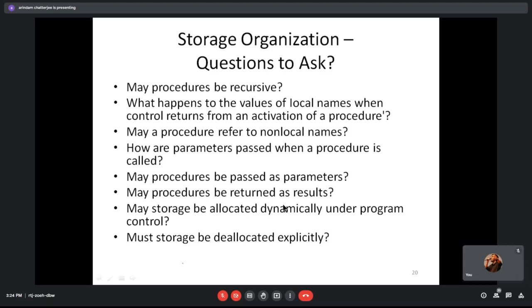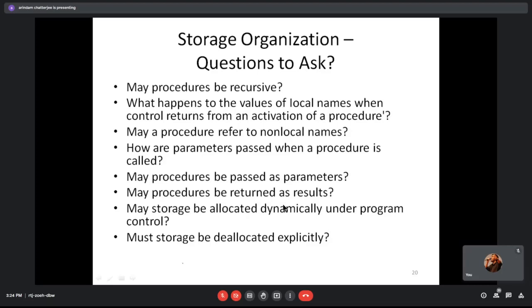Am I clear? This is how recursive procedures work, right? In fact, you might have faced the same problem when you faced the computer architecture course. How is recursion implemented in hardware? In software, similar problems are there, because the exit and entry points are the same. Because the code is the same. Only difference is the value which is passed.